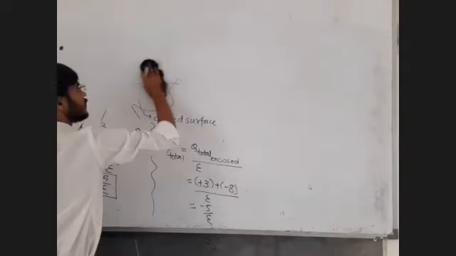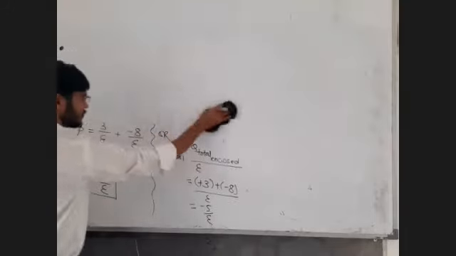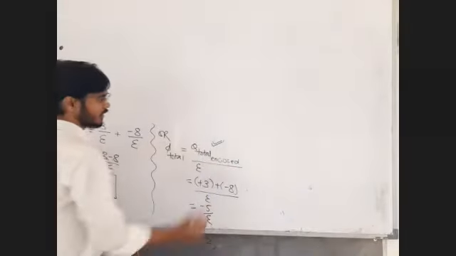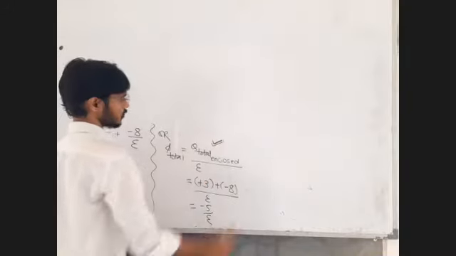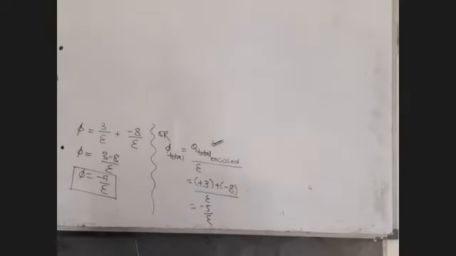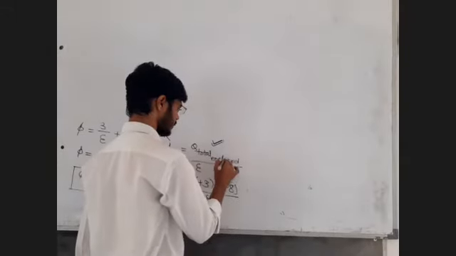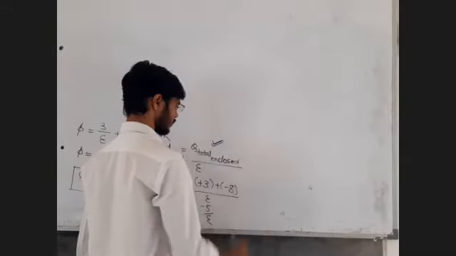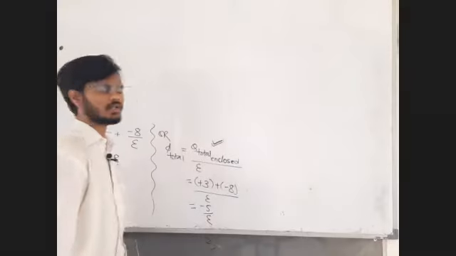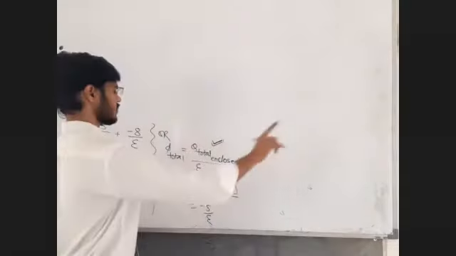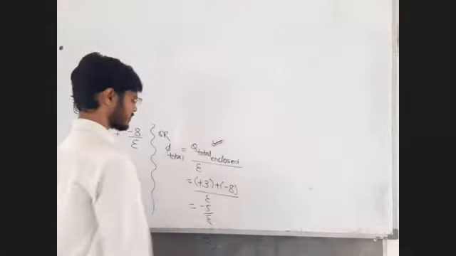So what if there are more than 2 charges? This is a general formula. This is true for 1 enclosed charge, 2 enclosed charges, 3, 4, 5, or 17 enclosed charges. Just add all those charges algebraically. Algebraically means the charges which are positive, take them as positive. The charges which are negative, take them as negative, and just keep on adding like this. First charge, second charge, third charge, and so on. If it is negative, take it as negative.